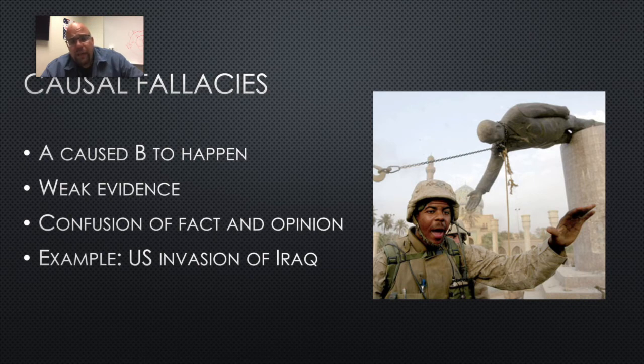It could also be that there are multiple factors that cause something, and you are blaming only one, right? So if you wanted to think about auto accidents, the number of auto accidents in our country have gone up. Okay, I'm making this up. I don't know that they have, but they've gone up. And what are we blaming this on? Distracted driving because of cell phones. Okay, I have no doubt that that has caused plenty of accidents. But could it also be that there are other things happening? Are there more drivers on the road now? Maybe. And if that's the case, maybe that's why there's more accidents, just because there's more of a chance.